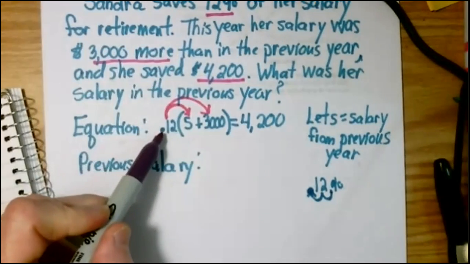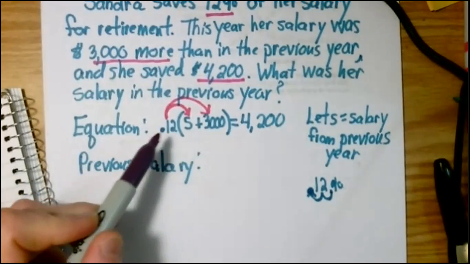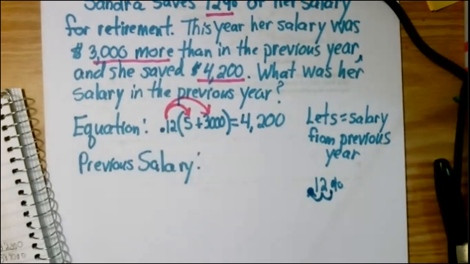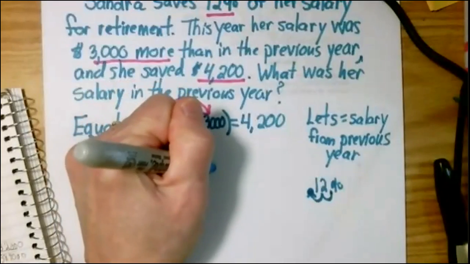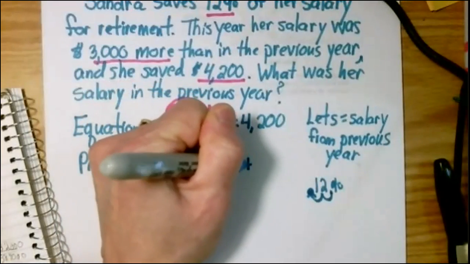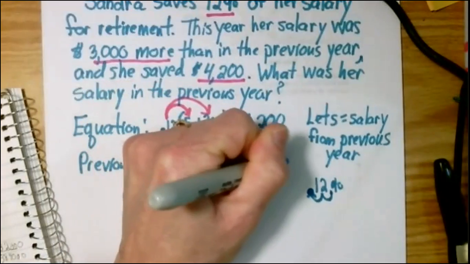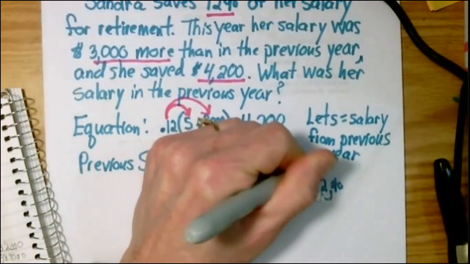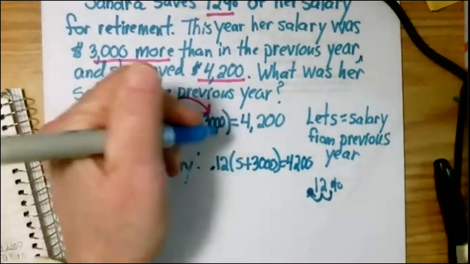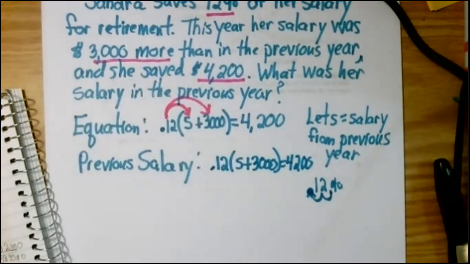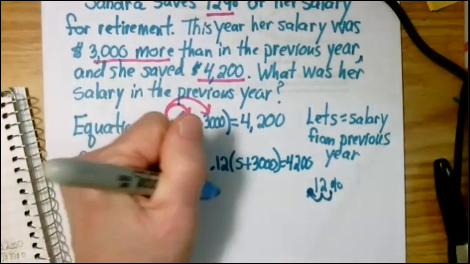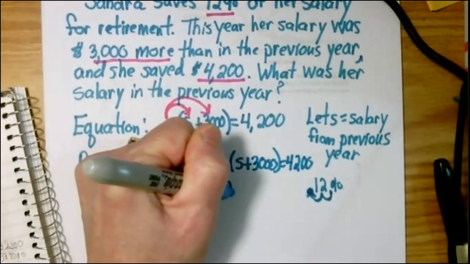So we're going to multiply 0.12 times S and 0.12 times 3,000 before we can solve this. So let me rewrite this. 0.12 times S plus 3,000 equals 4,200. So if I multiply 0.12 times S, I get 0.12S